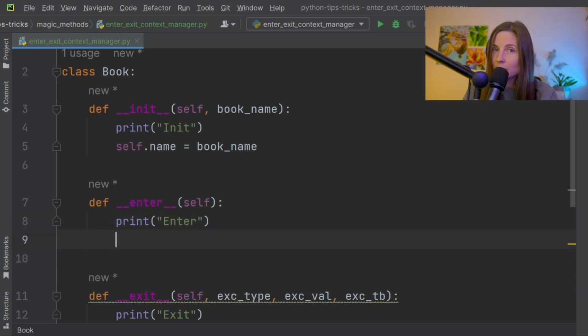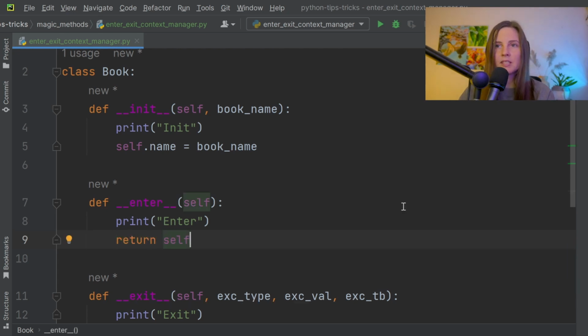And here we can actually return the instance of our class, which we are using here, or we could do something else. You can control what you do once you create an instance of this class, or when you use it as a with statement. So there are multiple possibilities here. We're going to use it the regular way. So basically we will just return self here, which is going to return the current instance of this